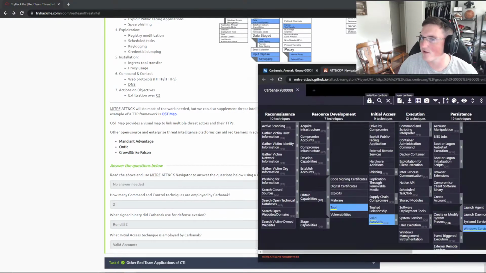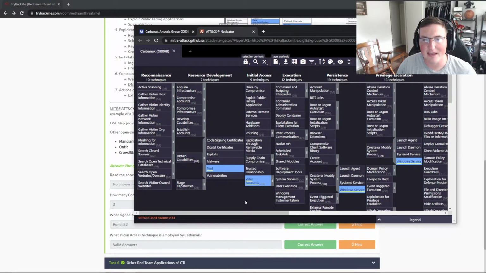I can say, okay, cool. They get initial access from valid accounts. So first things first, let's change all of our accounts, usernames, and passwords. And that will at least stop them from gaining more initial access, right? If they already haven't. Now, you can't just do that all the time just to be safe, because if you have 10,000 employees, that's going to be a nightmare, right?